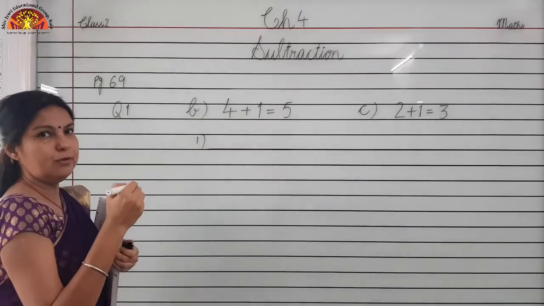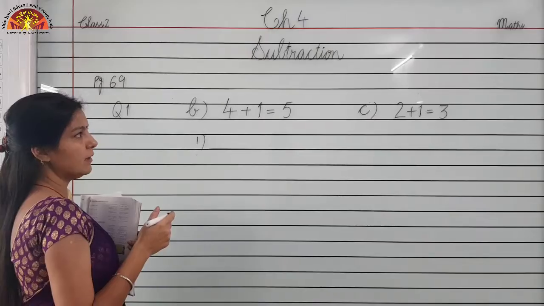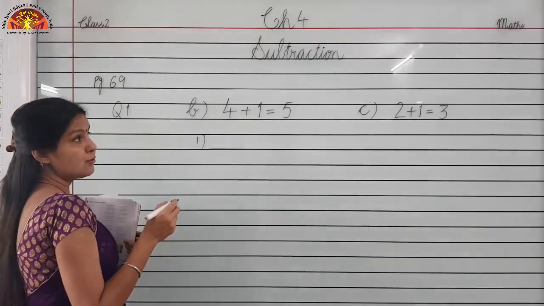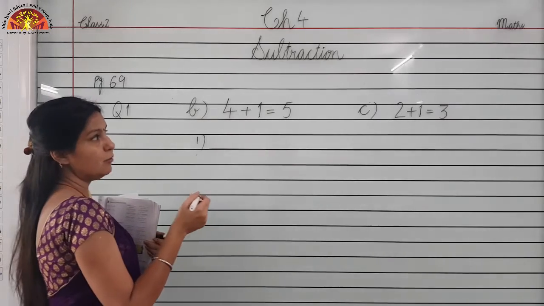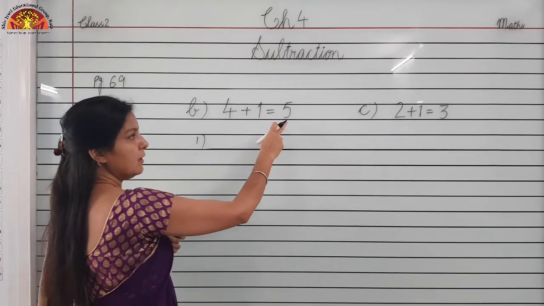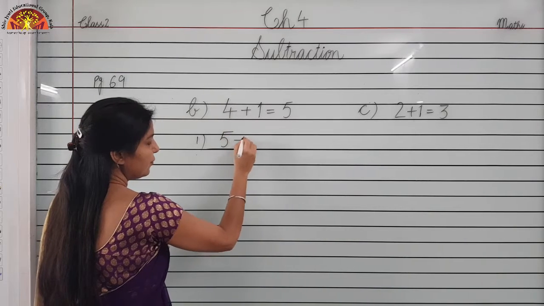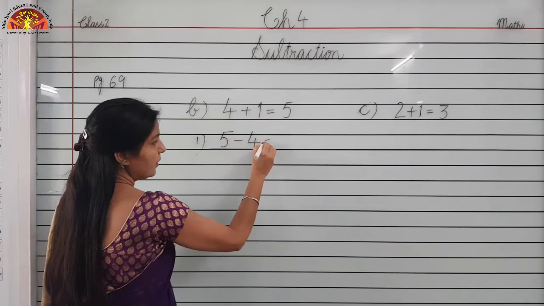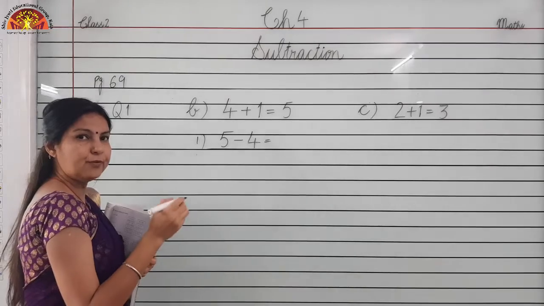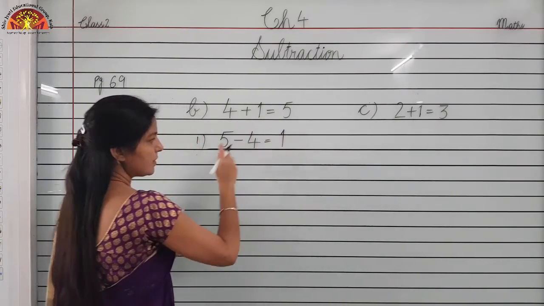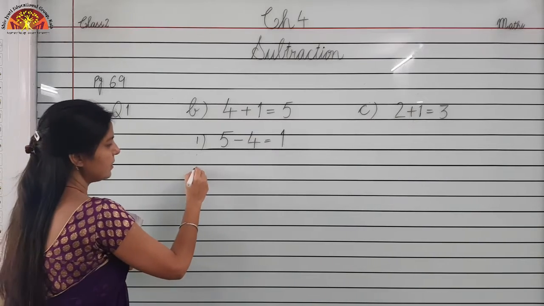So, children, you know the order of numbers is very important. We cannot subtract a bigger number from a smaller number. So, what will we do here? We will find the bigger number. Which number is bigger? Here 5 is bigger. So, we will subtract 4 from 5. When we subtract 4 from 5, the answer will be 1. This is the first subtraction fact, this is the second.